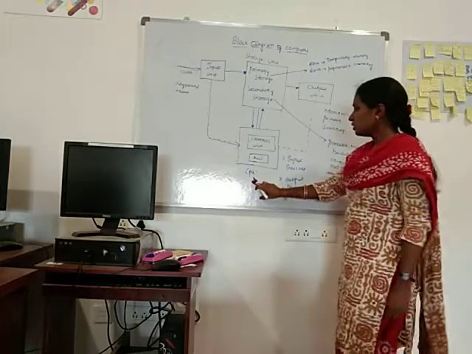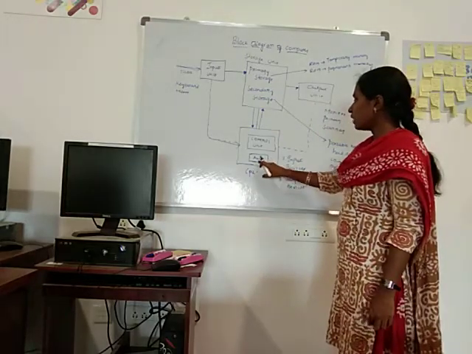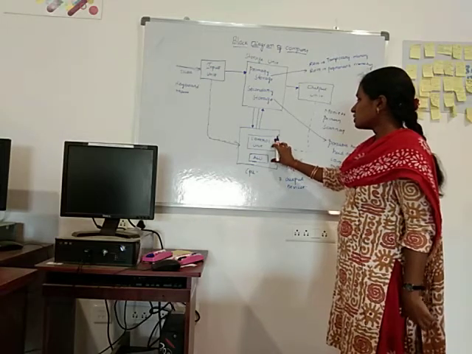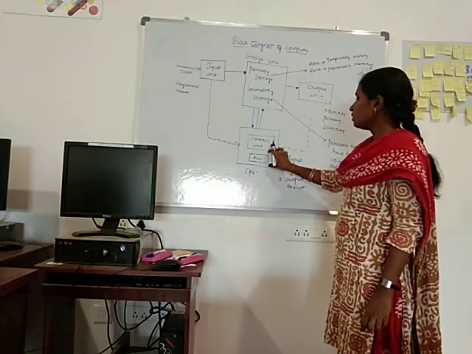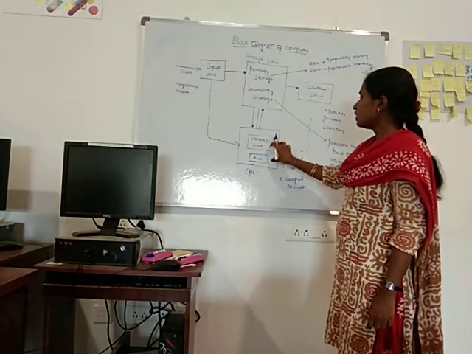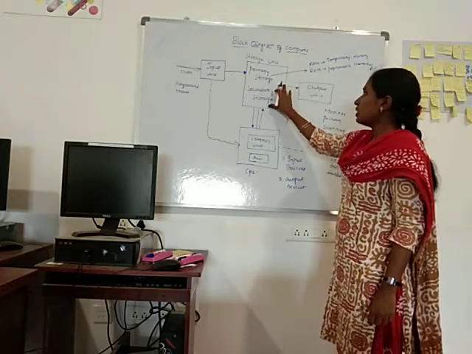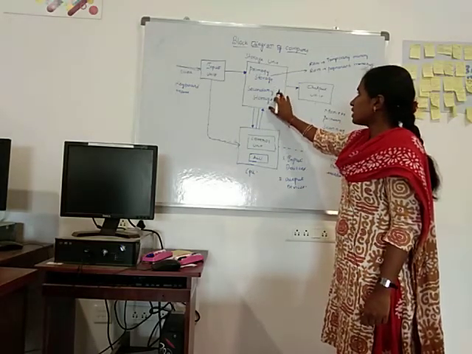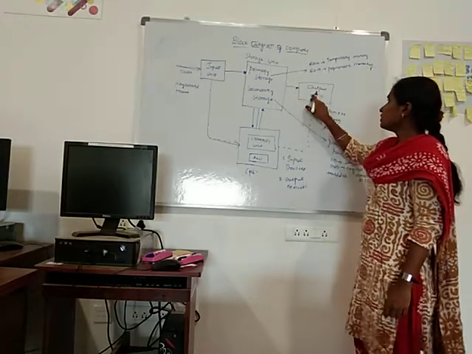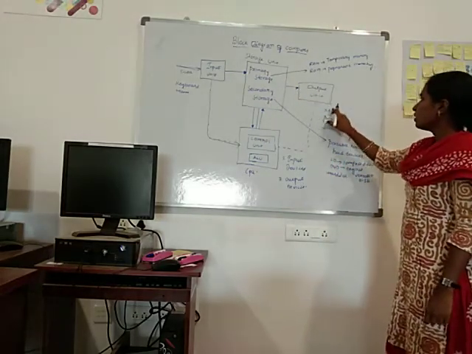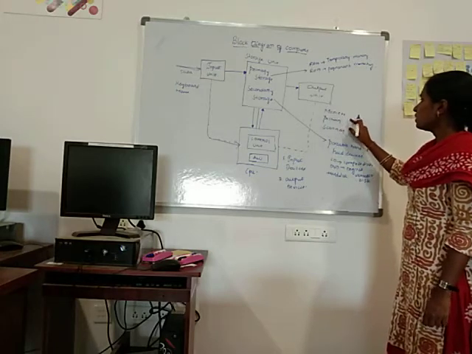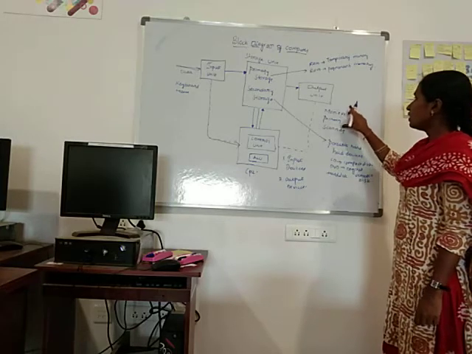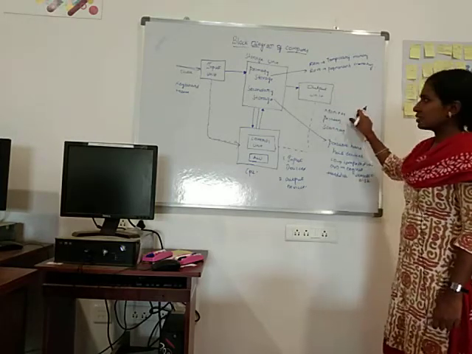and the CPU will calculate through the ALU, arithmetic logical unit, and whatever calculations are done in the CPU, the result directly goes to the storage unit. The storage unit will store all kinds of data in the primary storage and secondary storage, and next it will generate the result through output devices. Those are monitor, printer and scanner,